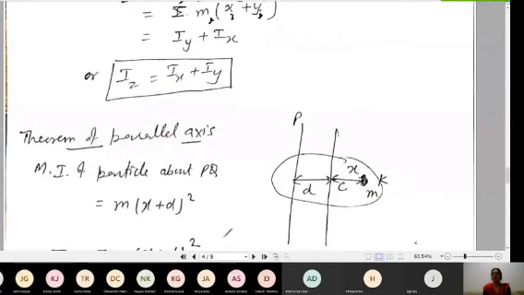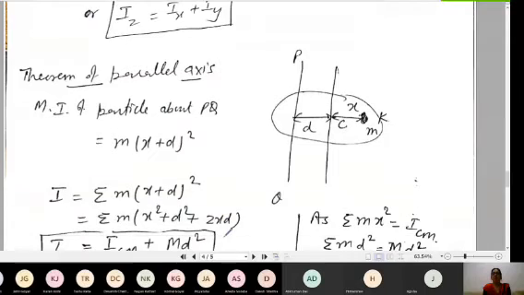Similarly, you can take the theorem of parallel axis. For the parallel axis, if this is the body, this is the z-axis, the axis which is passing through the center of the body. This is what we are actually finding initially. So if this is the axis ZOZ' I have written, which is passing through the center of the body, and I want to take the moment of inertia for a particle of mass m which is lying here, then I will be finding the perpendicular distance from this line. I want to find the moment of inertia about this line PQ, which is not passing through the center.